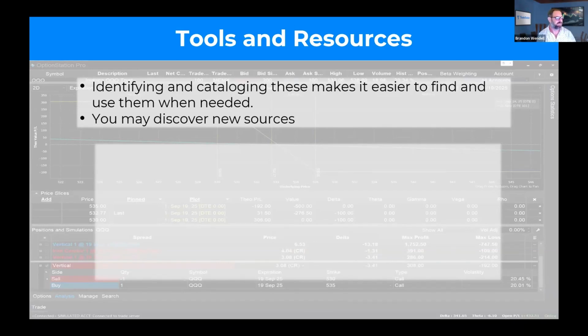I used to have a list of, I think it was like 60 different websites that I would use for individual pieces of knowledge. And after a while, I narrowed it down. I realized, wow, I don't use this one that often. I don't really need this one so often. But you might end up finding some new sources you can use, or you might realize that you don't necessarily need a particular source.